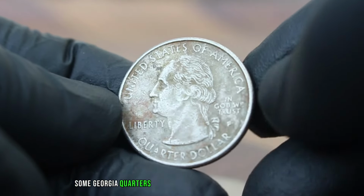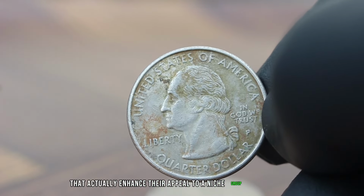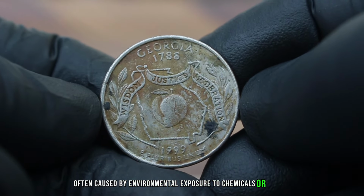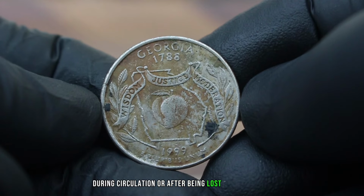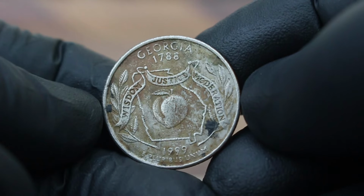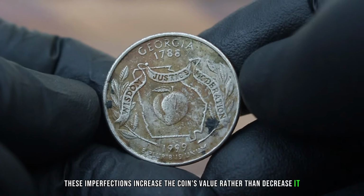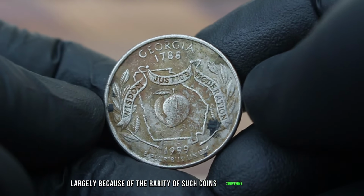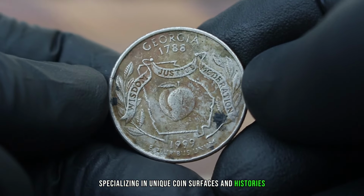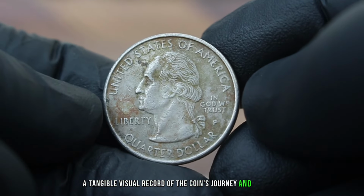However, some Georgia quarters have developed significant color damage and dirt accumulation that actually enhance their appeal to a niche group of collectors. This color damage, often caused by environmental exposure to chemicals or metals during circulation or after being lost and recovered, creates a distinct patina or coloration that is very difficult to replicate. Despite what you might think, these imperfections increase the coin's value rather than decrease it, largely because of the rarity of such coins surviving in this state and the interest from collectors specializing in unique coin surfaces and histories. The color damage and dirt tell a story, a tangible visual record of the coin's journey and survival,